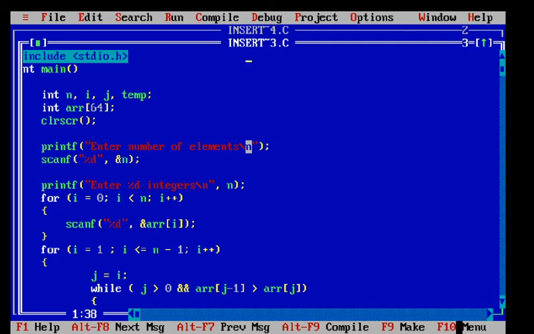Now you should compare these three algorithms. We have already completed the sorting techniques. We completed 3 algorithms: bubble sort, selection sort and insertion sort. You can write down these algorithms and see the logic of these algorithms.